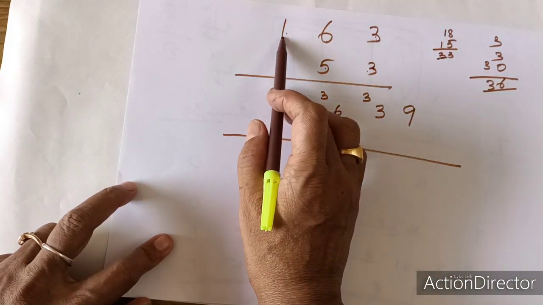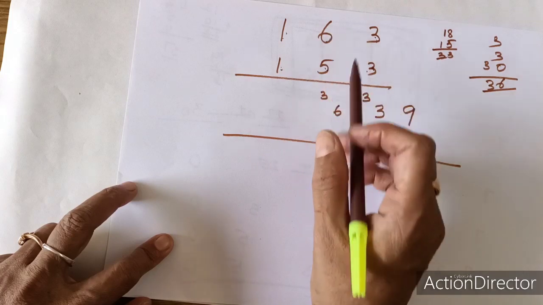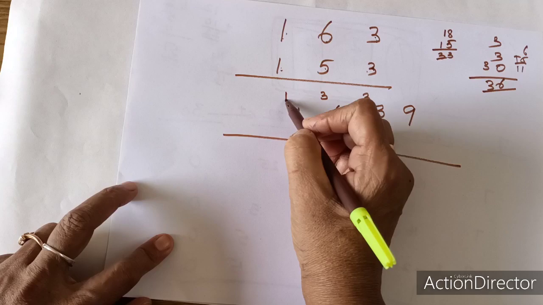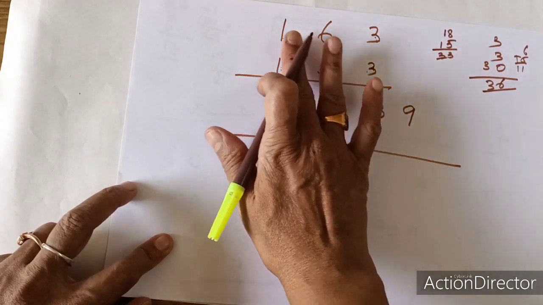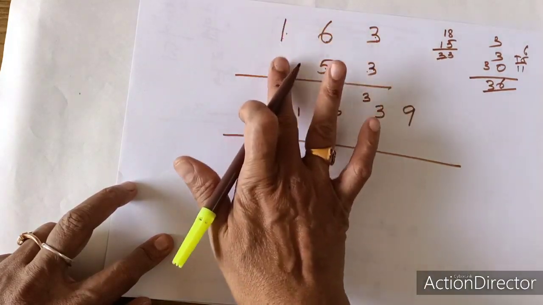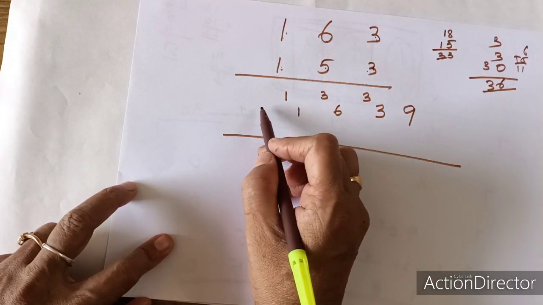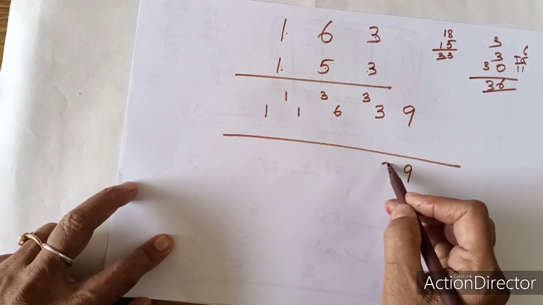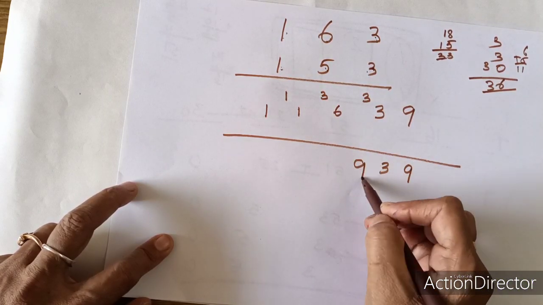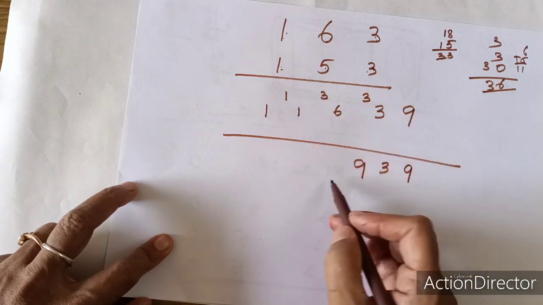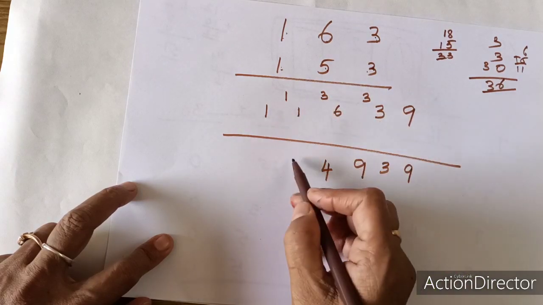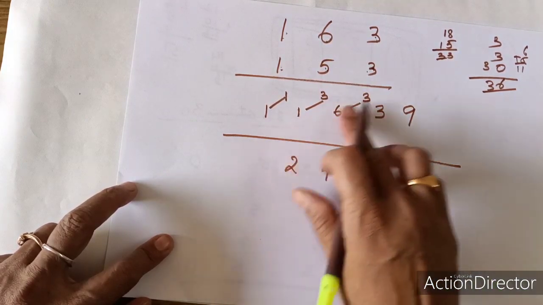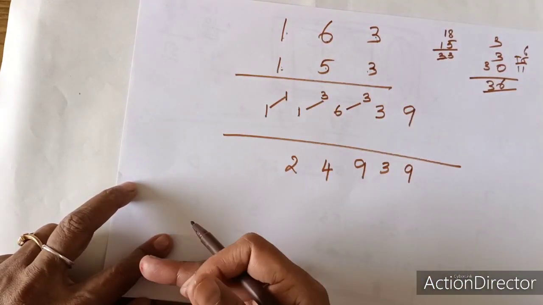Now I'll move on to this: 1 into 5, 5, 1 into 6, 6. So 6 plus 5 is 11. For 11 I'll be writing 1 here and 1 carry. Now again these 4 digits are over, so I have to eliminate this. I'll take only 1 into 1. So 1 into 1 is 1. Now I'll write 9. So I'll write 3. 6 plus 3, 9. 3 plus 1, 4. 1 plus 1, 2. So you can learn this also. If you are writing going above like this, you can add the carry directly instead of following too many steps.